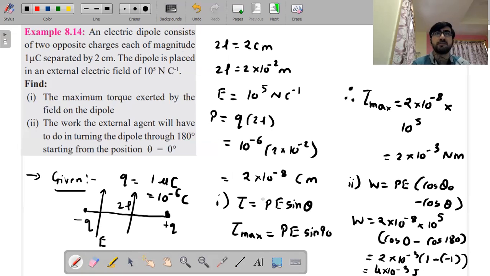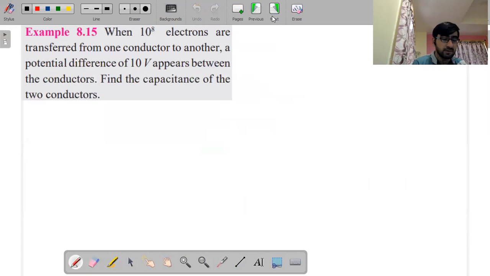आपको पता है the formula for torque is pE sin theta. मैक्सिमम टॉर्क कब होगा, जब थीटा 90 होगा, because sin 90 पे मैक्सिमम वैल्यू होती है साइन की। तो टॉर्क मैक्सिमम is pE sin 90. और वर्क डन आपको निकालने के लिए बोला है। If you remember, work done to rotate a dipole from some initial angle theta 0 to final angle theta is pE (cos theta 0 minus cos theta). So 2 into 10 power minus 5 into 10 power plus 5 (cos 0 minus cos 180) सॉल्व करने के बाद 4 into 10 power minus 3 जूल हमको मिल जाएगा आंसर। तो इजी था क्वेश्चन।